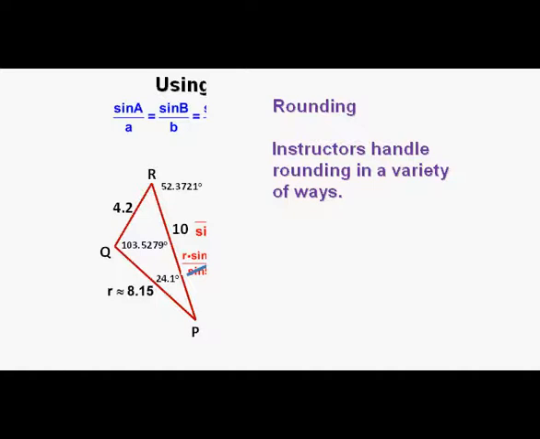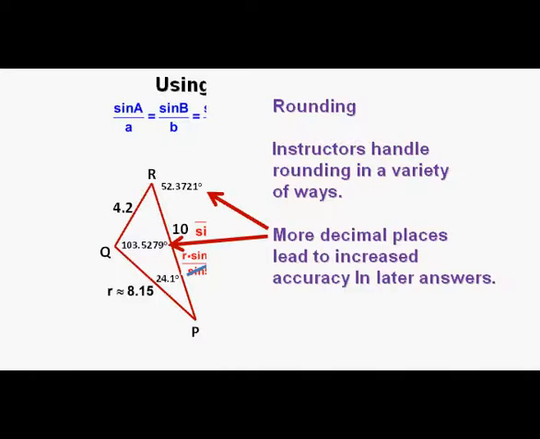Here's how I like to handle rounding. When we calculate values that will or may be used later in the problem, I like taking an answer out to several decimal places, maybe as many as possible. The reason I went out to 4 decimal places for these angles is that while fewer decimal places, such as 1 or 2, may be fine for a final answer, premature rounding before a final answer will multiply errors in finding